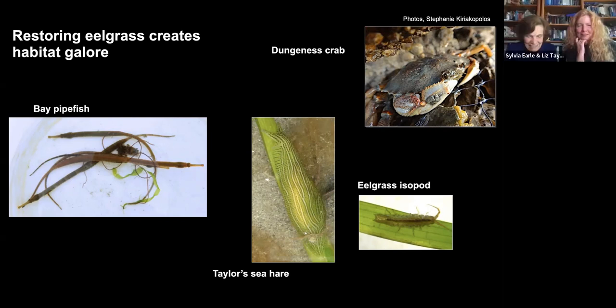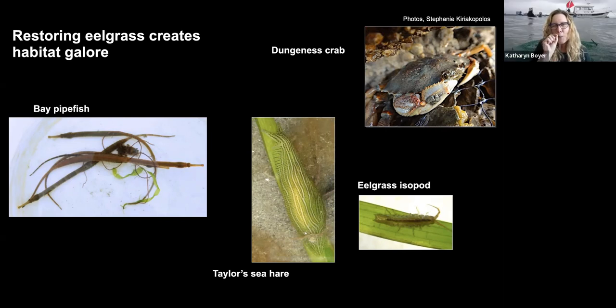They're really cute. When I volunteered at the Steinhardt Aquarium for many years, I used to have to feed the pipefish, and I was constantly having to hatch out the little baby brine shrimp for them, and they just pick them off, and they were just amazing animals. It's fun to watch them eat with their little tiny